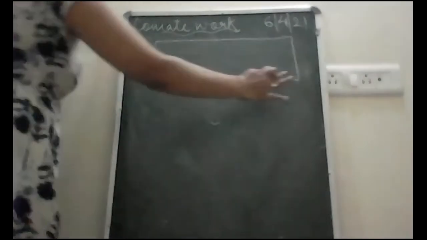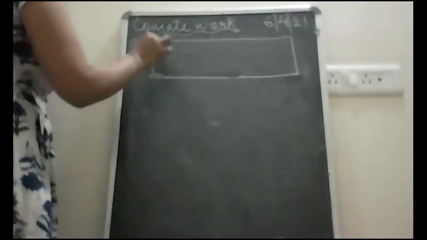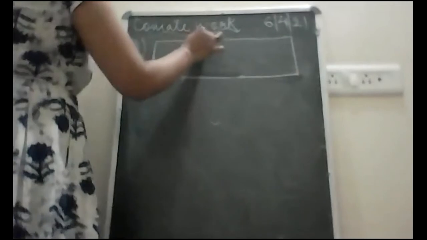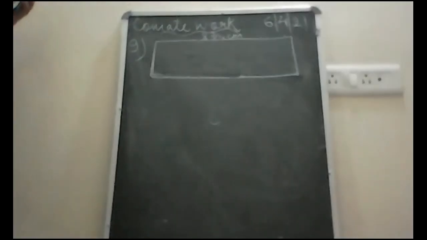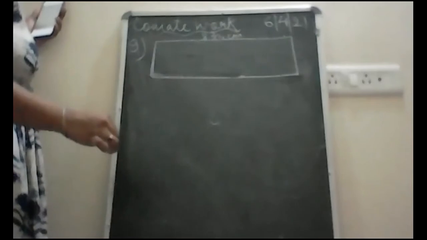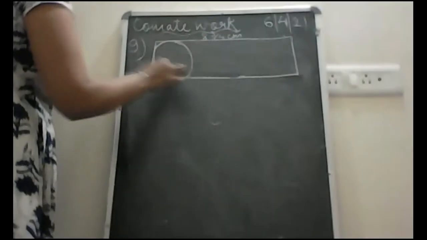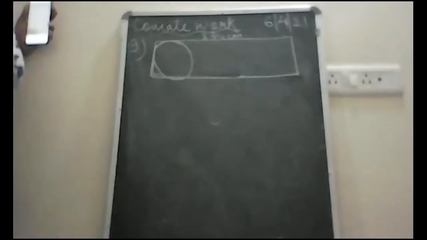Which question are we doing? That is question number 9 from more challenging, which we were doing today. And remember, in this question the strip given is 8 whole 3 by 4 centimeter from this side. And here you have to cut out circles which have the dimension 1 whole 1 by 4 as a diameter. So if you look carefully, the circles are being cut in this way. The left over portion is not to be used.